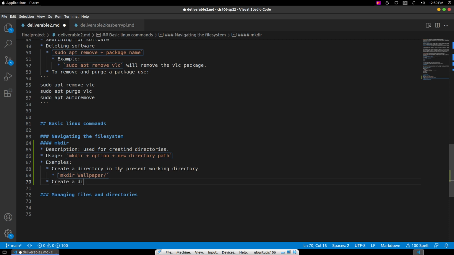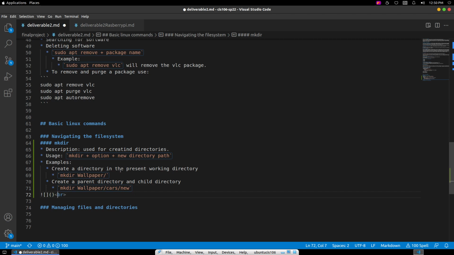Create a parent directory and child directory. mkdir wallpaper cars new, right? And here we can put